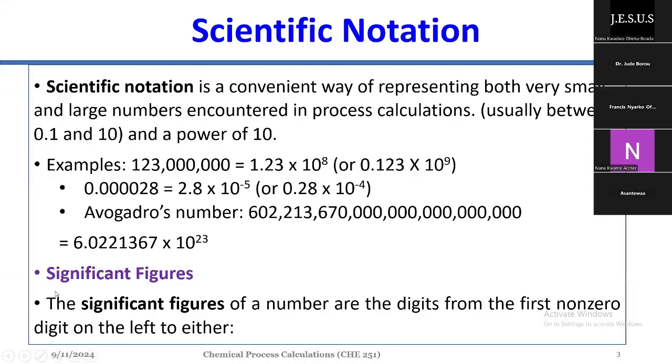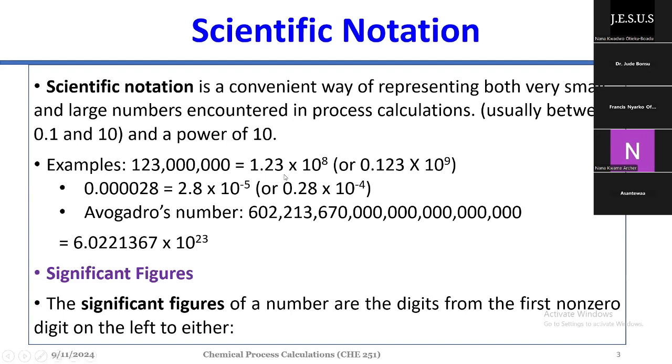So when you have a number like 123 million and you are supposed to write it in the standard notation form, you are just writing it in the standard form, the ones we know from high school. And then the number here is supposed to be between 0.1 and 10. Right? So you can't write something like 12.3 times 10 to the power 9. You just have to move the decimal places starting from the very last number. So you get to a point where the number you are getting on your left hand side is between 0.1